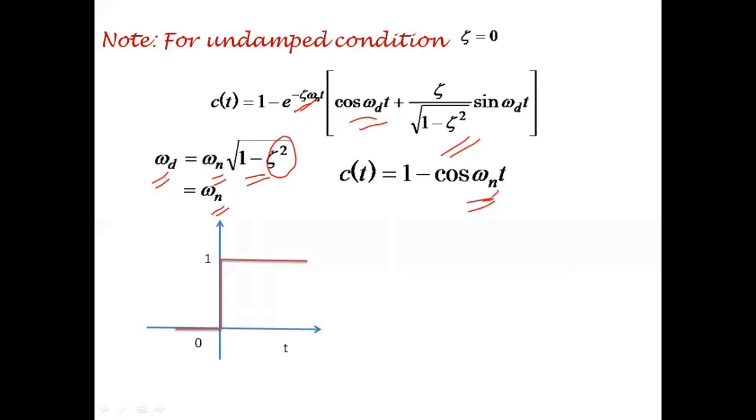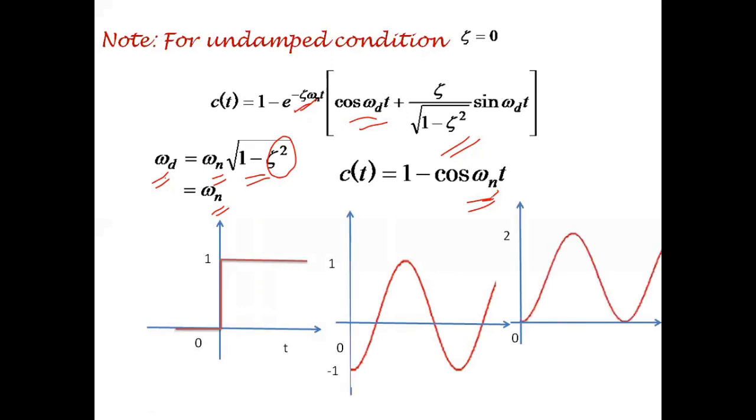Now if you want to plot the response, it is a cosine waveform oscillating between the range -1 to +1. If you plot the response exactly, you can obtain the oscillatory nature of the response, which means that at the undamped condition, there is no effect of the damping factor. Hence, the nature of the waveform is retained in the same manner and it is completely oscillatory, having the same natural frequency required for the sinusoidal and cosine waveform. That is the reason why omega d has been represented as omega n.